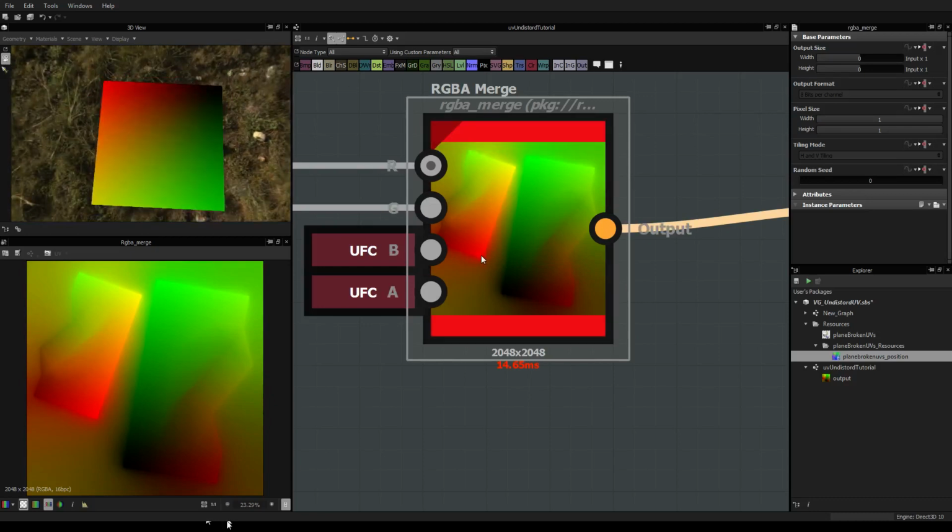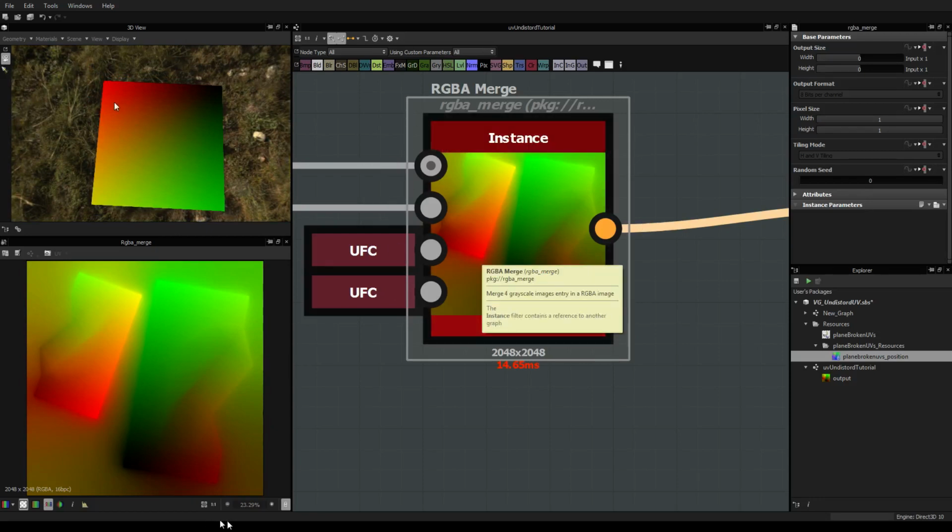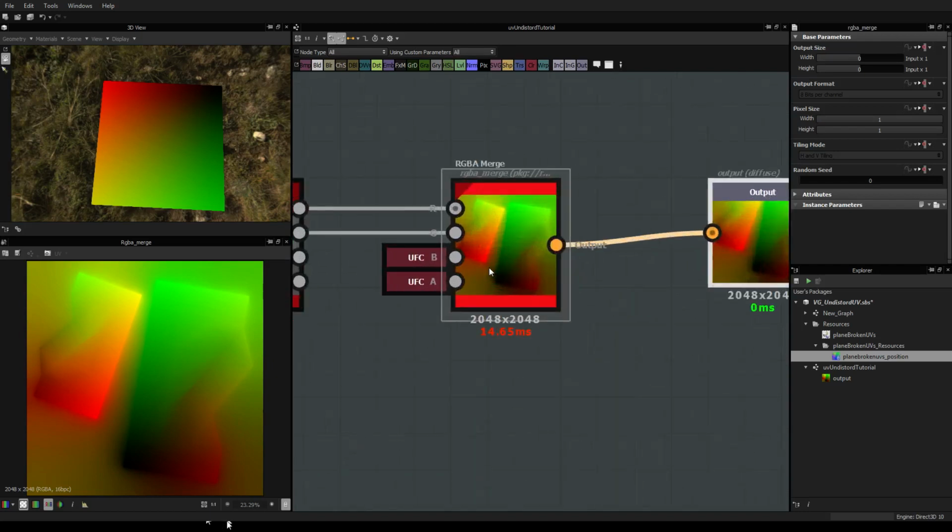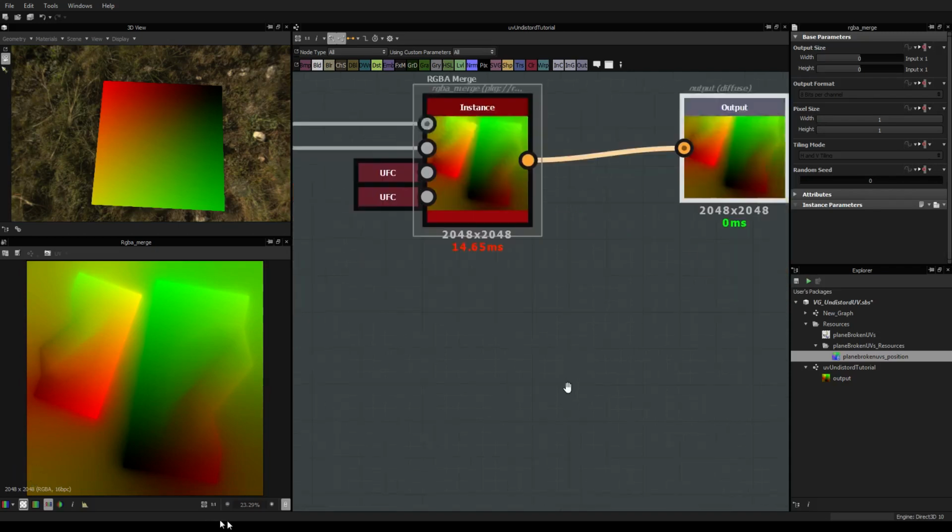So basically this red point in the UVs means that this is the top point, top left point, this one. So you really have to see this map as a coordinate map, and don't look at the color as color but as coordinates. Red is the x-axis and green is the y-axis.